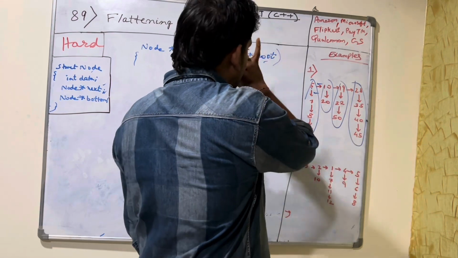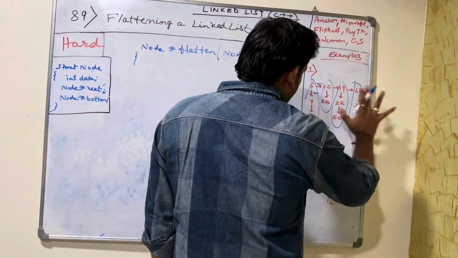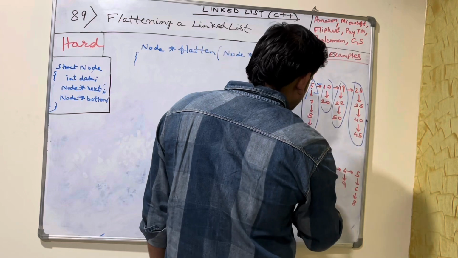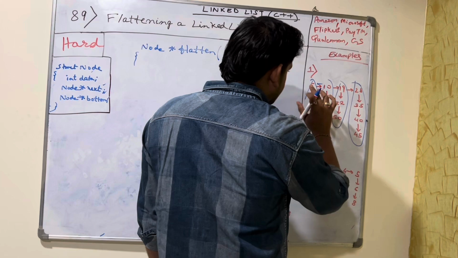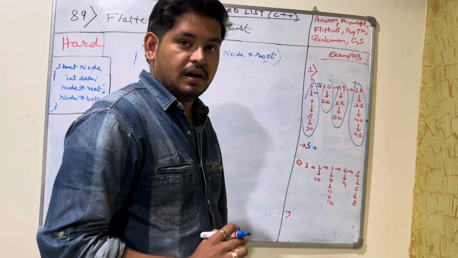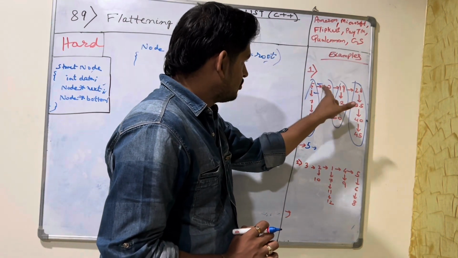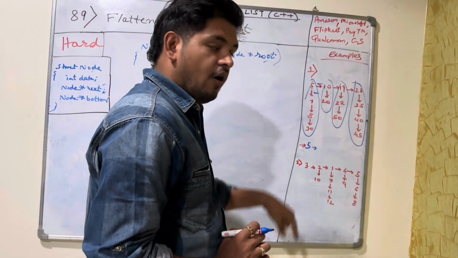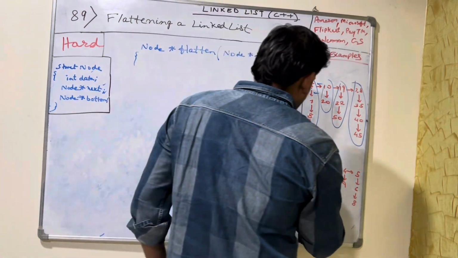Now you need to flatten this linked list and return the linked list such that all of them are in sorted order. What does this mean? In this case you will see this linked list will contain all the elements with only its bottom pointers, but the next pointer of all these elements should be null, but the bottom pointers elements should have all these numbers and it should be in sorted order. So it would be like this: